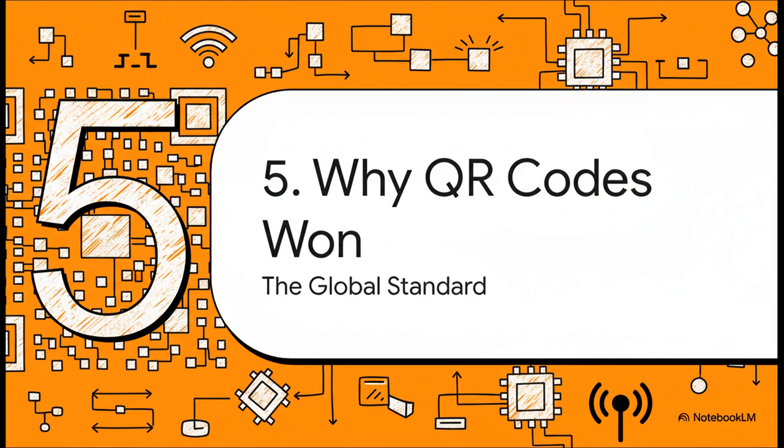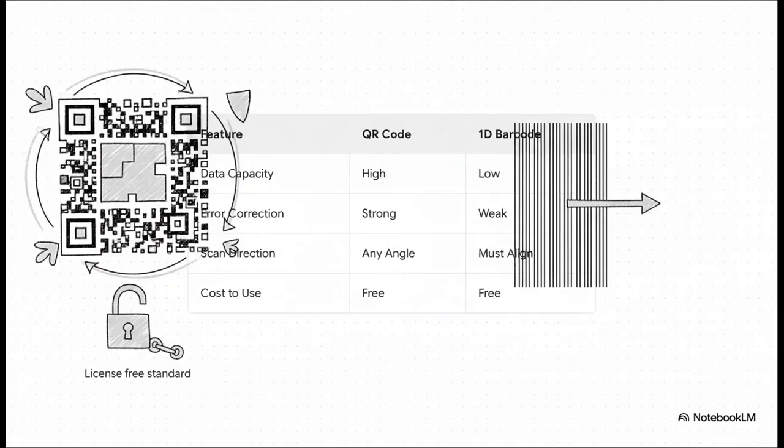So, when you add up all this clever engineering, it's really no surprise this technology became the global standard. Let's just take a quick look at exactly why the QR code won out. I mean, when you put it side by side with the old 1D barcodes you see at the grocery store, it's not even a contest. QR codes hold way more data, they have incredibly powerful error correction, you can scan them from any angle, and, this is a big one, they're based on an open, license-free standard, so anybody can create and use them for